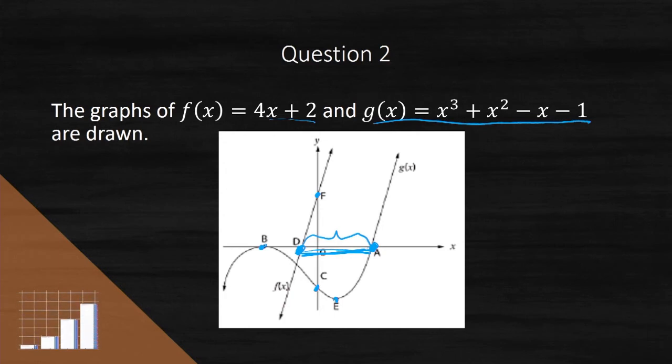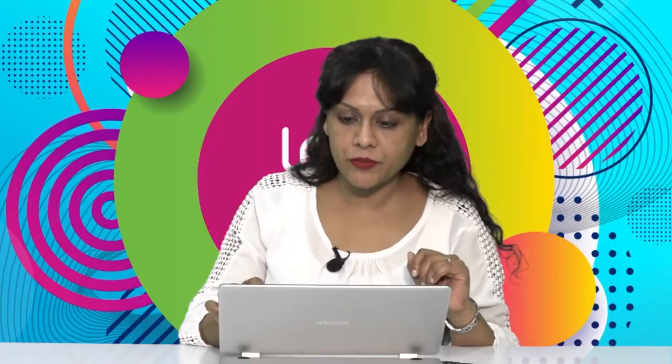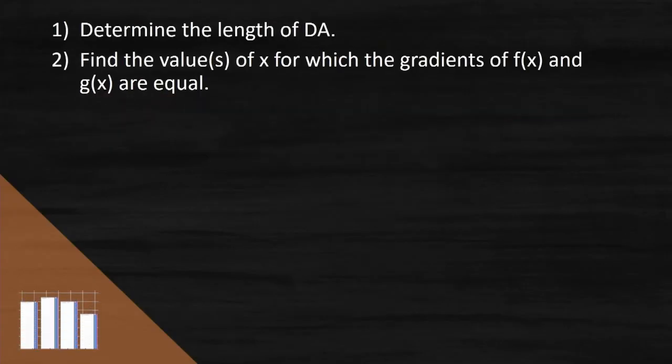Okay, so we've analyzed the graph, we've seen what the point D is, and we see what the point A is, and therefore we have an idea now that if I'm looking for this horizontal DA length, I need to find the two x-intercepts that are relevant to this part of the question, and then we're going to find the difference between them to find the length DA. Okay, so let's start with finding the x-intercept of the straight line f of x is equal to